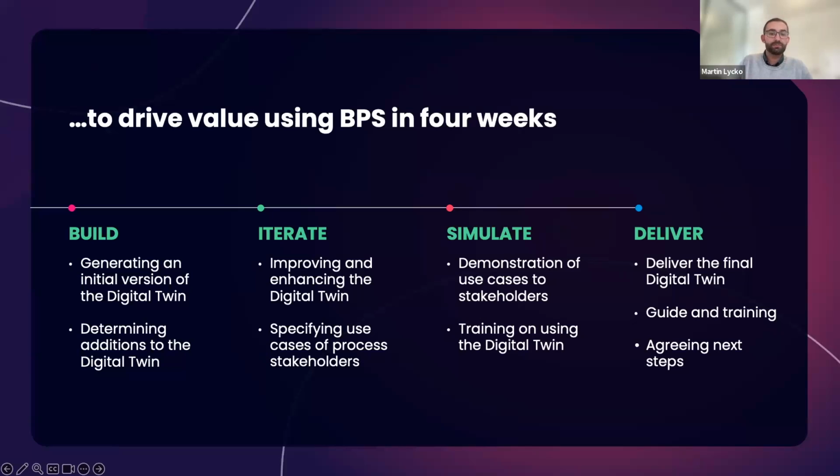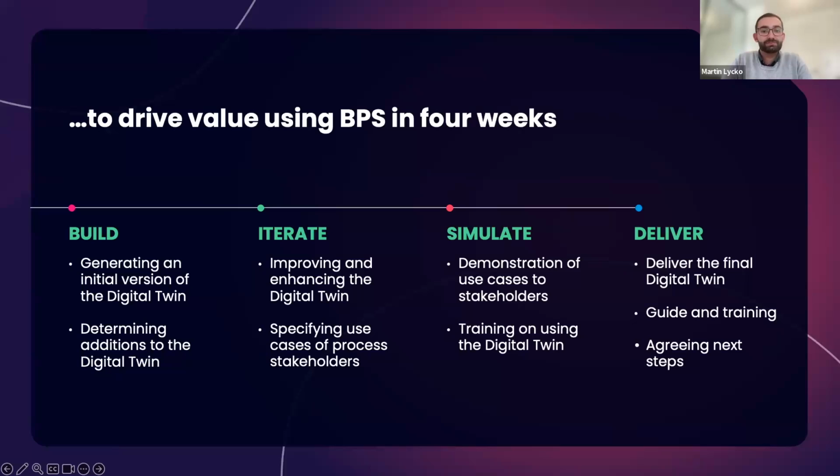It might be enlarging the scope of stakeholders we work with using the same digital twin, so going from just the transformation team to also helping operational decision makers. Or those next steps might be expanding the digital twin beyond this one process, for example, connecting an order to cash process to a lead to order process. And usually what we see is the value generated is greater than the individual sums